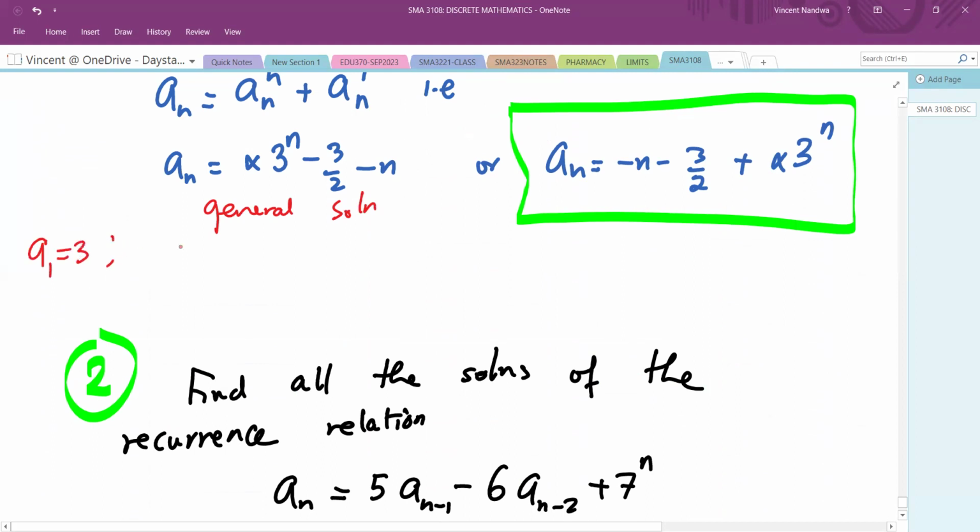So that means when n is 1, the value of the whole expression is 3. So we'll have a_1 equals, where there's n, you put 1: minus 1 minus 3 over 2 plus alpha times 3 raised to 1. Which means minus 1 minus 3 over 2,